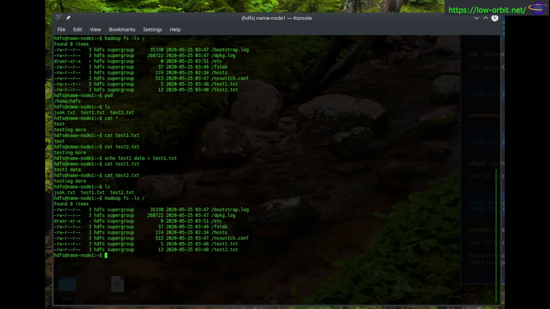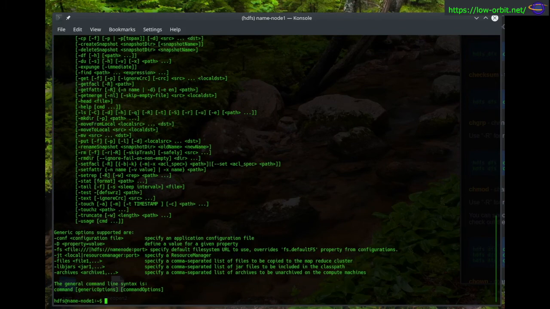So we're going to say HDFS DFS -appendToFile, and then we're going to say test 1. Let's just try it with just test 1, and then the second file we specify is actually on our HDFS file system. Let's just call it test3.txt, and